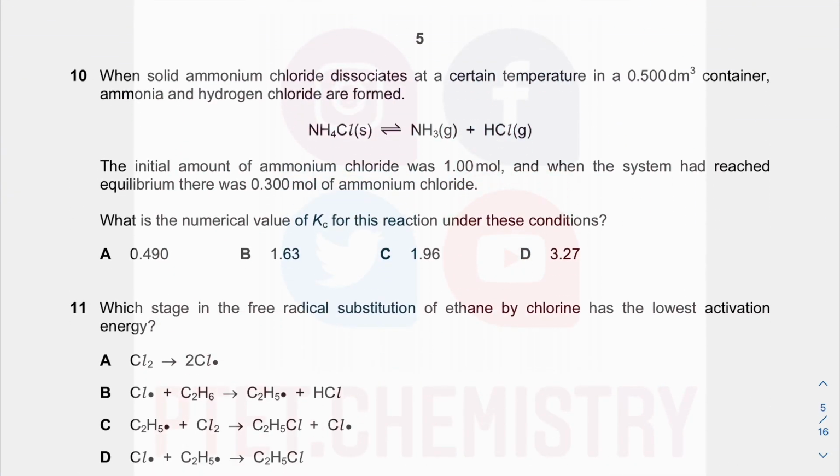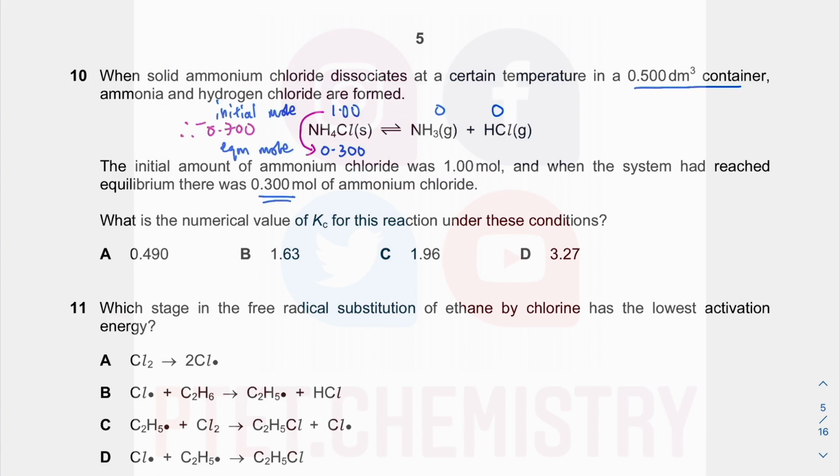Number 10, when you have solid ammonium chloride, it dissociates at a certain temperature in that volume of container. The initial amount of ammonium chloride was 1 mole. So when you have initial mole, you have 1 mole, and you had nothing initially of the products because they told you that you only have this initially. And then you have mole at equilibrium. There's 0.300 mole of it left. Started with 1 mole, but at equilibrium you are left with less, so some of it has dissociated. How much of it has dissociated? Start with 1 mole, end up with 0.30 mole. Therefore